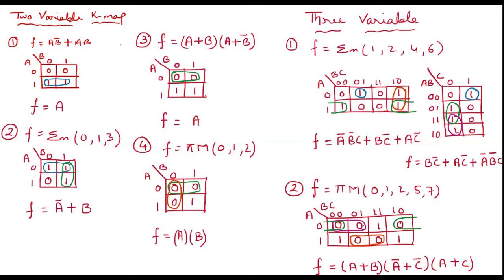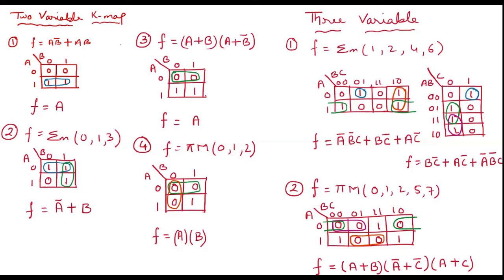Okay, so for this you can see how I have taken the equation for max term. For this I have taken A plus B. For this one, A and B are constant, C is changing, so A plus B for the first one. Then I have taken A complement plus C complement. In this group, A complement is constant and C complement is constant, B is changing. And for the green one I have taken A plus C. So this gives me the final equation for this particular graph.